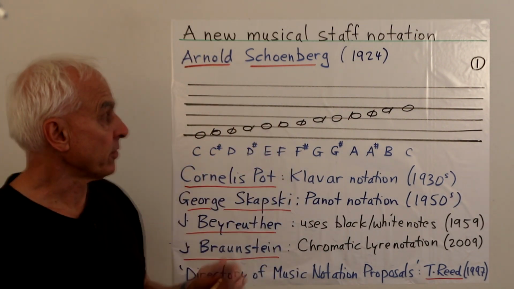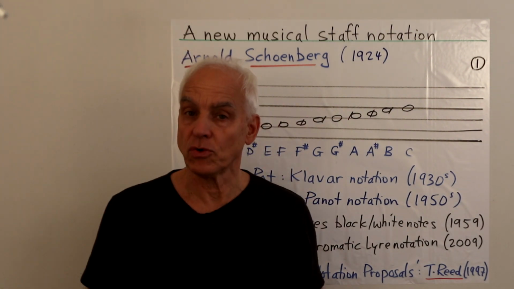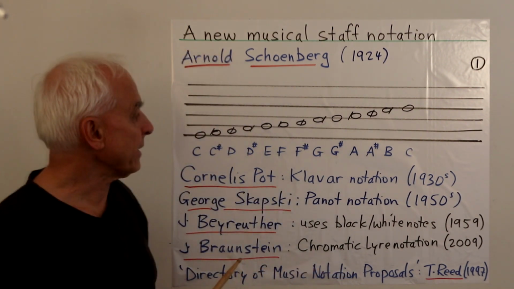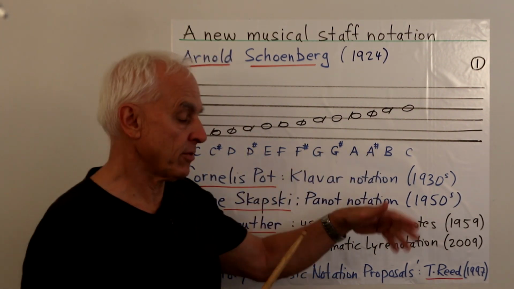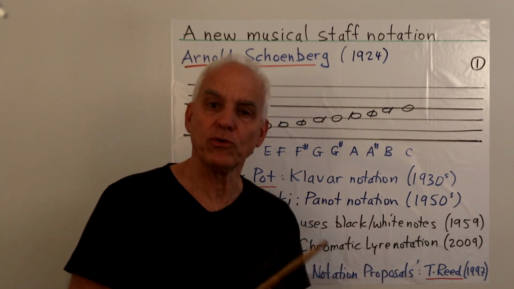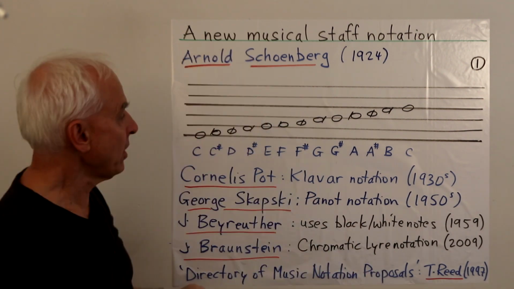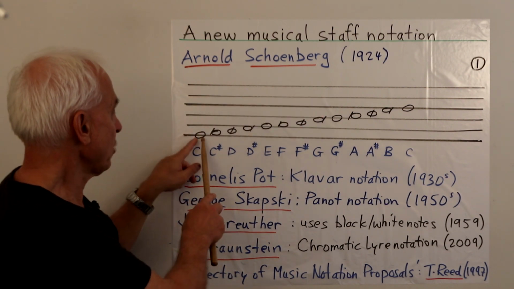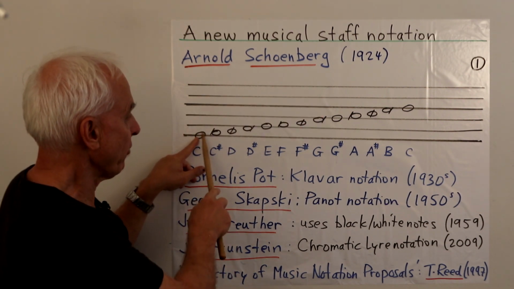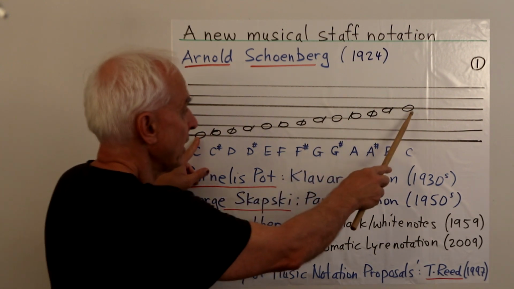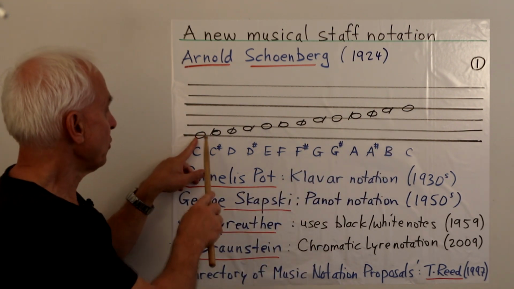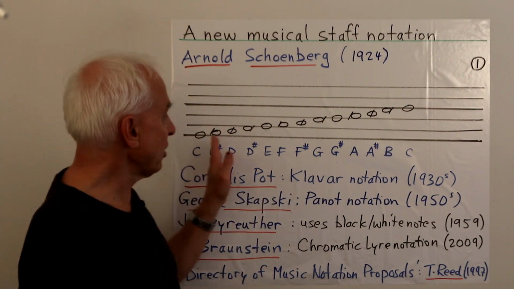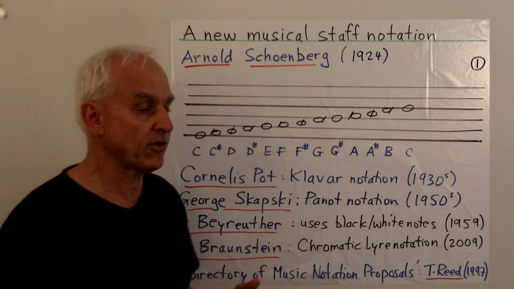For example, in the early part of the 20th century, Arnold Schoenberg, the famous 12-tone composer, advocated a system to enable him to work more smoothly in his 12-tone system, where the usual staff with 5 lines is now replaced with 6, but we're still going from a C here, which is in the same relative position as usual, up to this one here now. So going a total of 1, 2, 3 lines up, but still all 12 tones in this range.